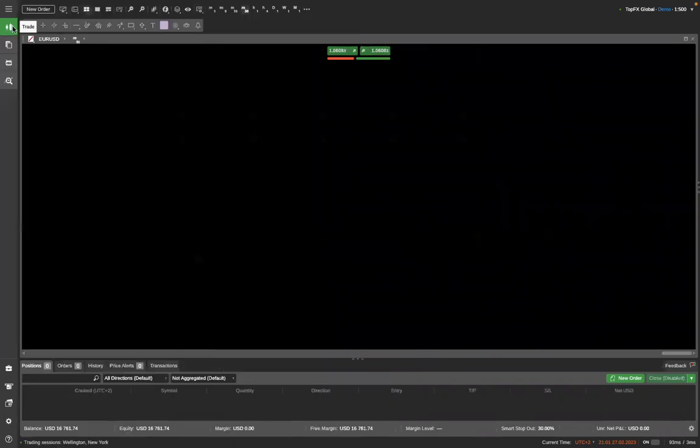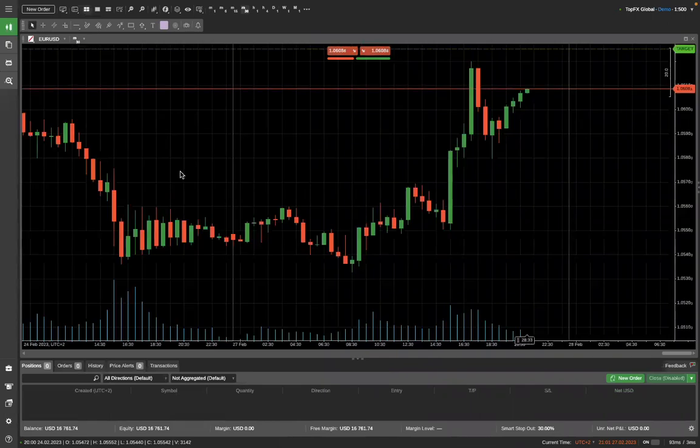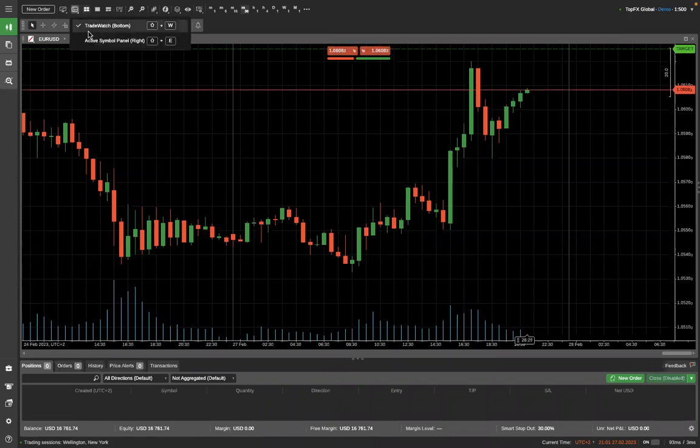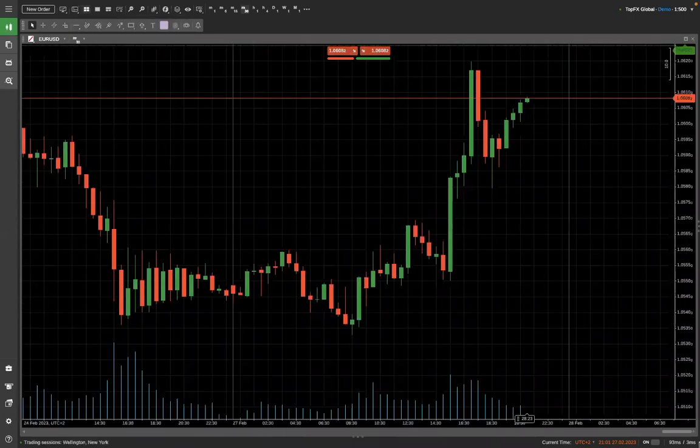So what we need to do here is expand our view only for the chart. Then we don't need this one on the bottom either. So let's switch off the trade watch, and now we have the full chart on our screen. So welcome again, and hopefully